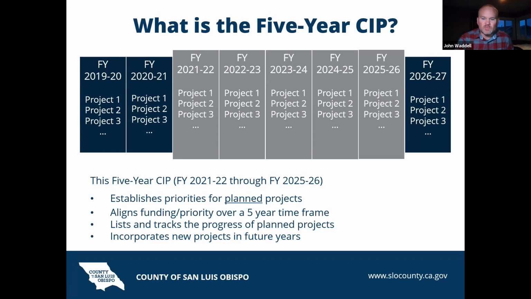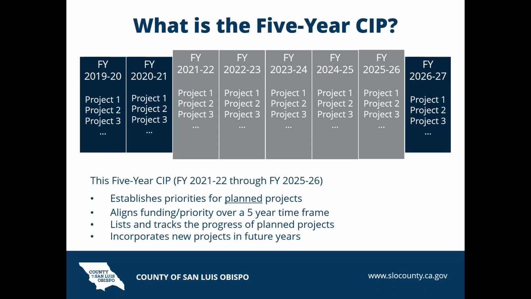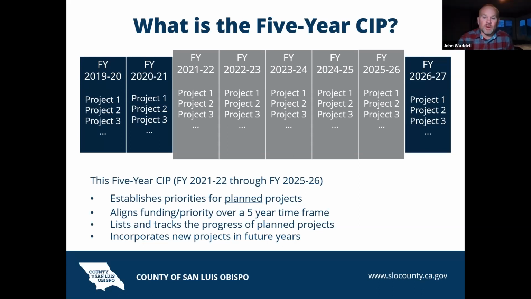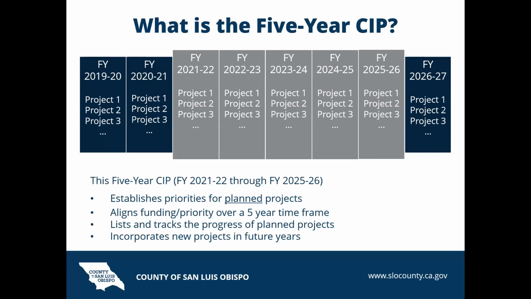Does not include smaller projects like road repairs and minor maintenance. Those are handled through our annual budget process and through our maintenance budgets. And then there will always be projects of opportunity that arise during the year when funding becomes available, or when something of an emergency comes up. These would be brought to the board mid-year and approved, and then added to the plan in the next update.